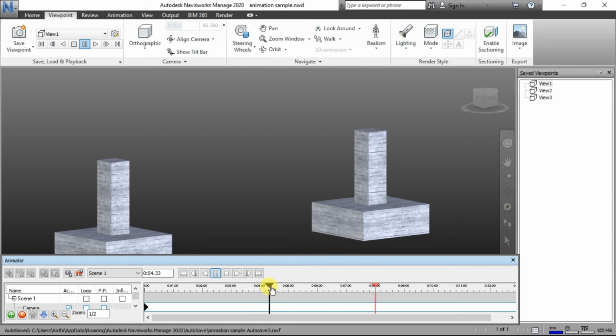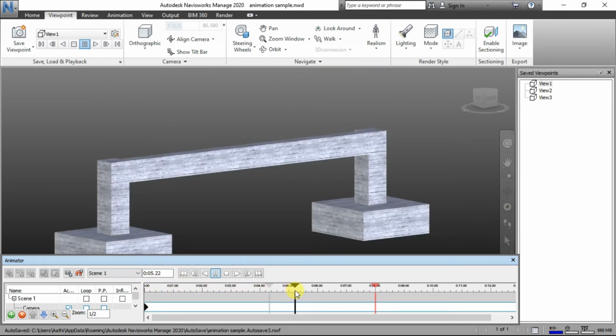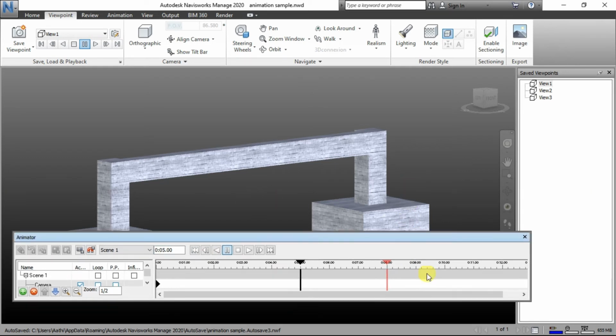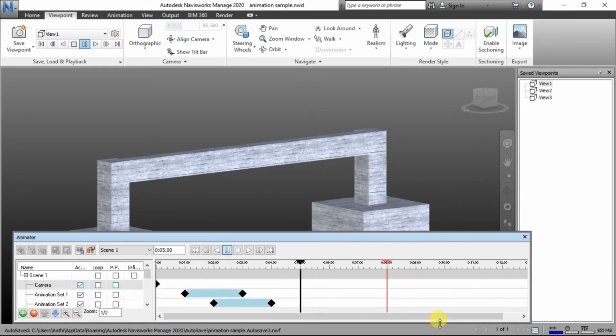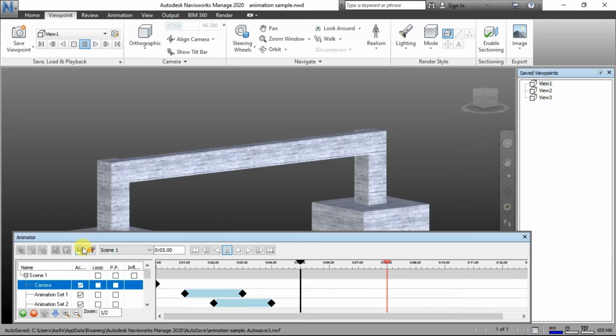Up to 5, I think it stays in view 1. That will be good, up to the beam. So I'm keeping view 1 from 0 to 5 seconds. From 0 to 5, the camera stays as V1.